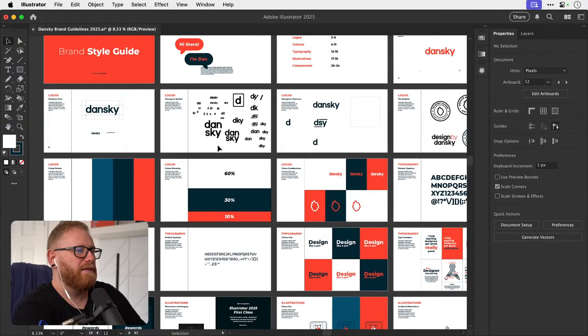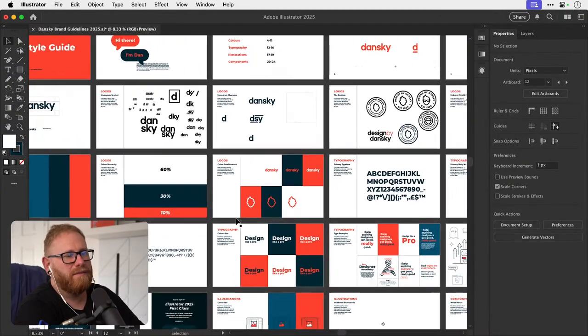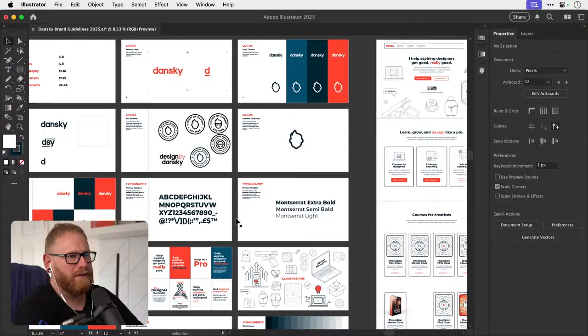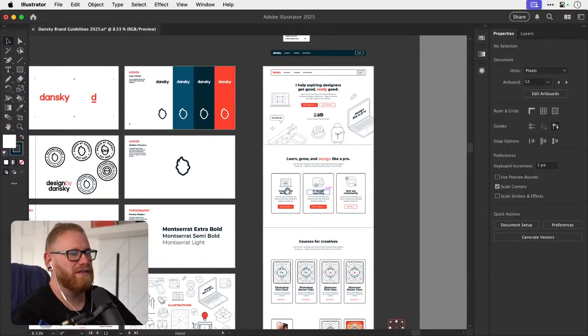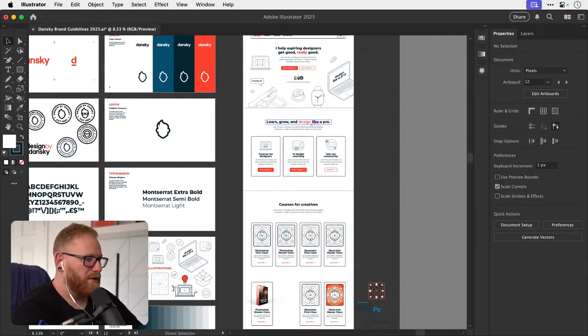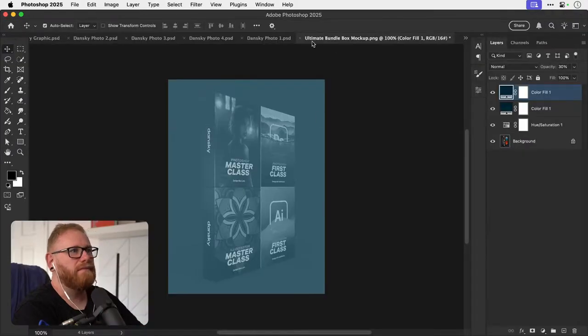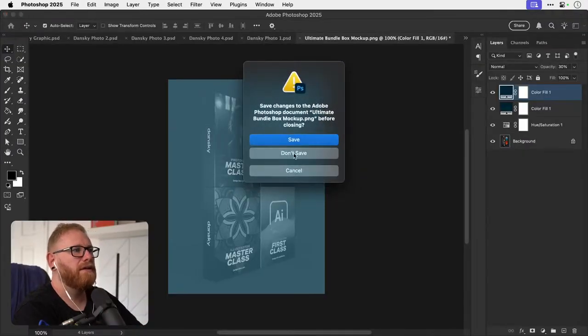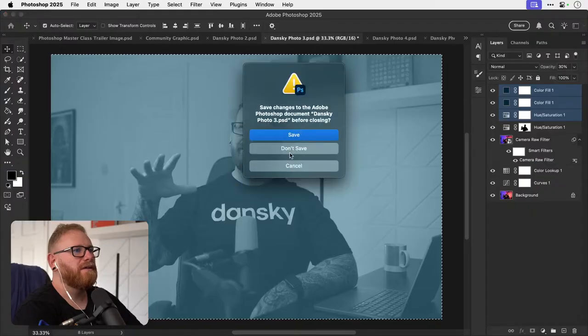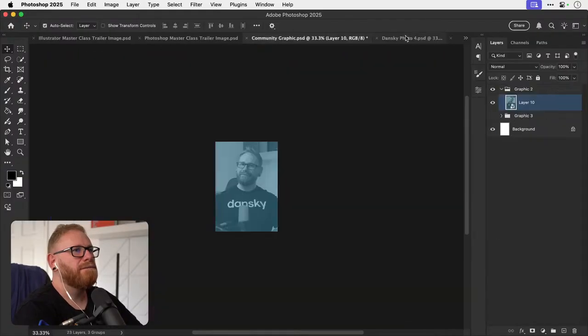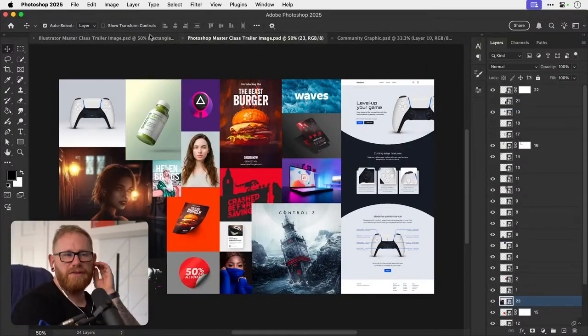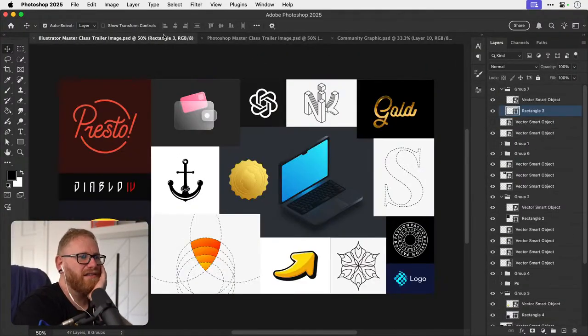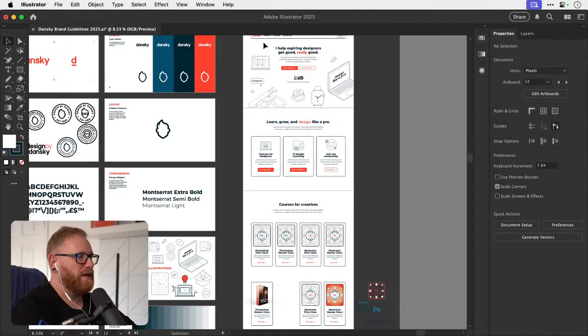Yeah, so maybe that as the core palette, but then with scope to have a few other colors, maybe for icons and things. Because if I go and grab the graphics, and I think she is right to be fair. Let's just close all this down. These are some of the designs from the Photoshop Masterclass, and then these are some from the Illustrator one. And I feel like getting some of these on the homepage would look pretty good.